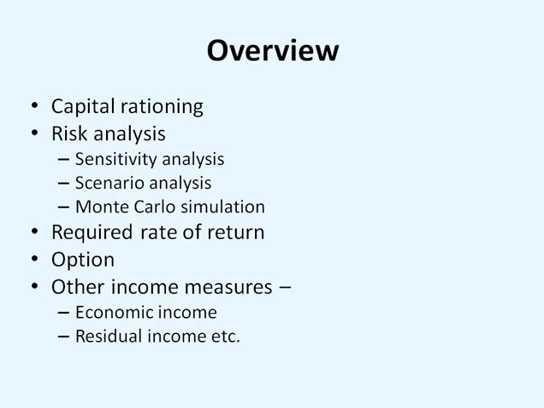After that, it goes into risk analysis. So we know that NPV is our main metric, and all the projects should be based on NPV. But then we make a lot of assumptions while calculating NPV, and if any of those assumptions has a range, is variable in nature, then our NPV is going to be variable in nature. So the max NPV and the lowest NPV you are going to get, that range is basically the risk of that project. The book talks about different types of analysis to find out how risky a project is.